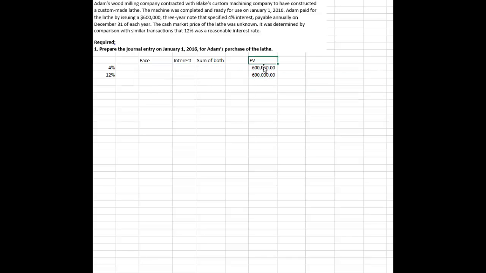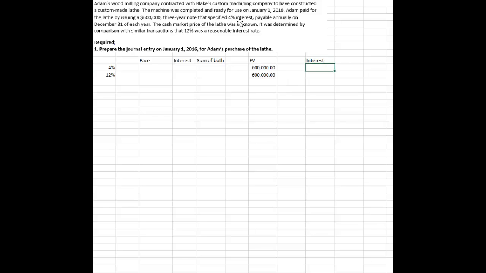$600,000 is the face value of the note, given either interest rate that we use to discount it. So this will be the discounted value, this will be the discounted value, and this will be the true value when you add both of those together. And we know the interest payments are going to be,